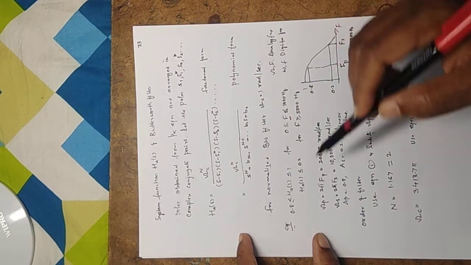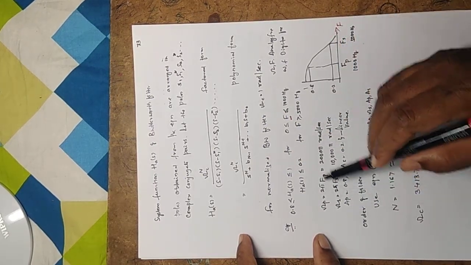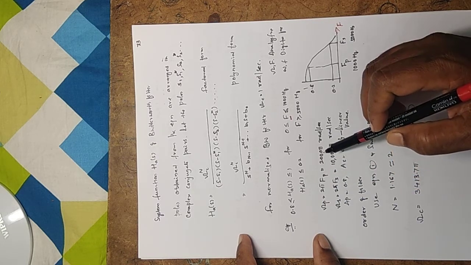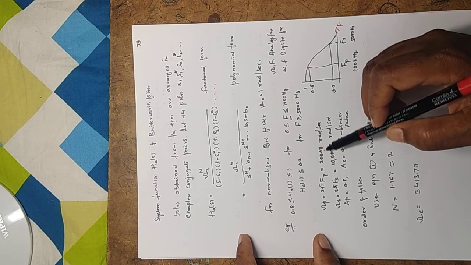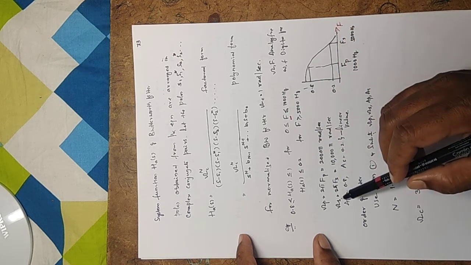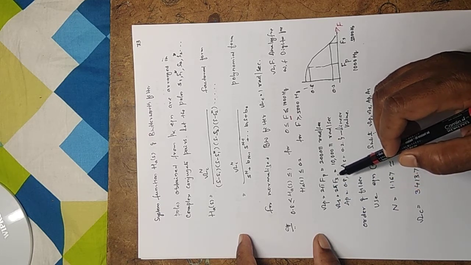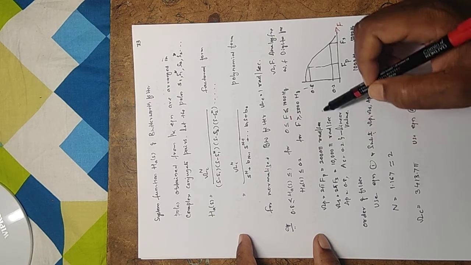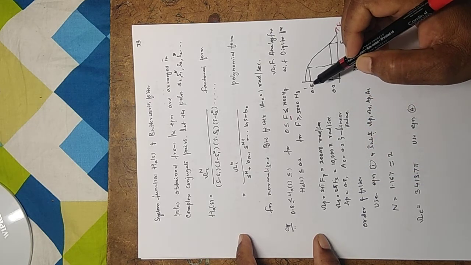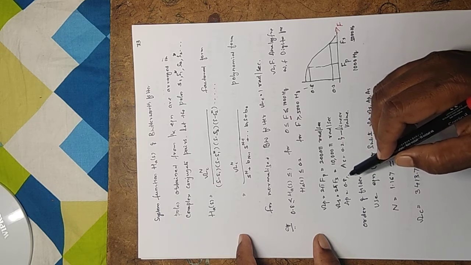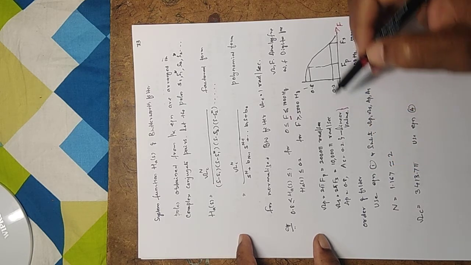Since all the equations are in capital omega, we'll convert it. Omega p equal to 2 pi capital Fp, that is equal to 2000 pi. Fp is given as 1000, into 2 pi is 2000 pi. Similarly, the stop band is 2 pi capital Fs, 5000 into 2, that is 10,000 pi. AP equal to 0.8 given, AS equal to 0.2 is given. Nothing is mentioned about dB, so these are the linear values.